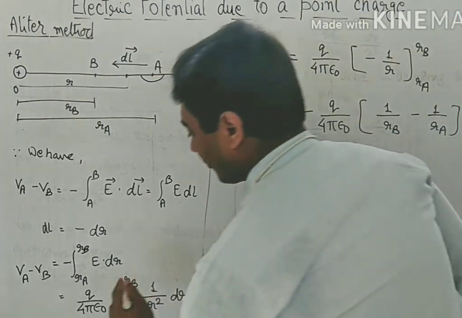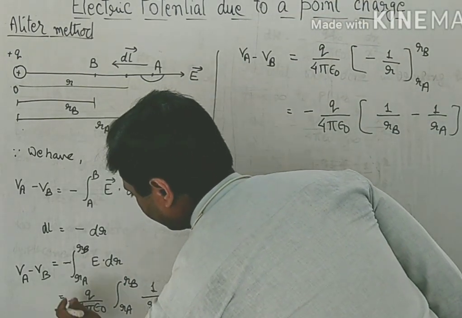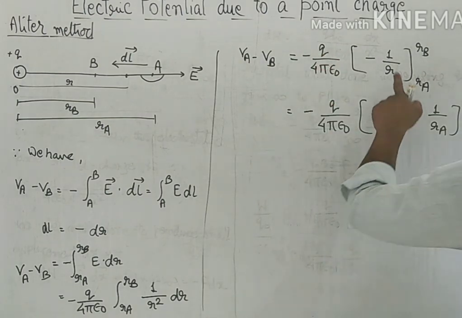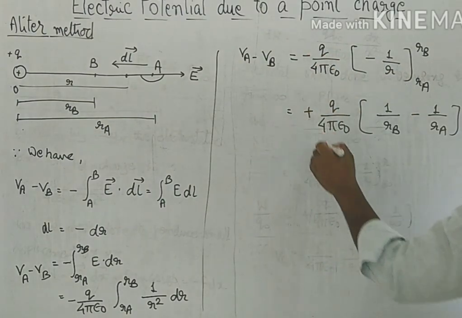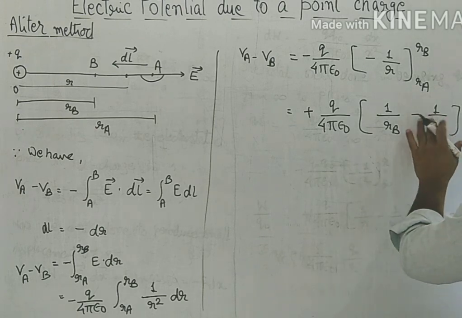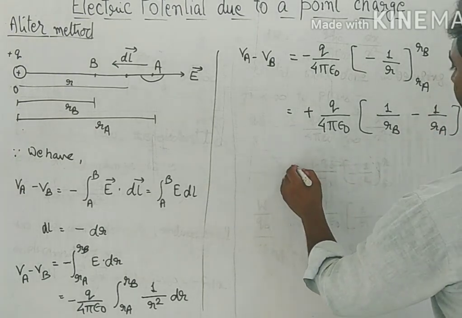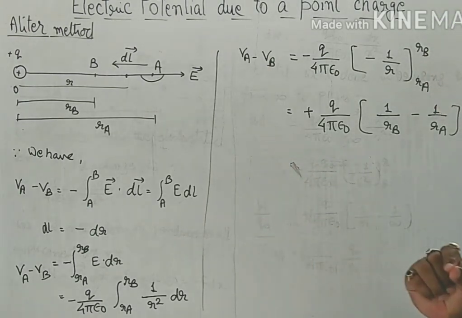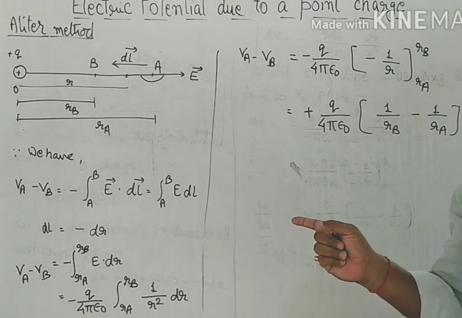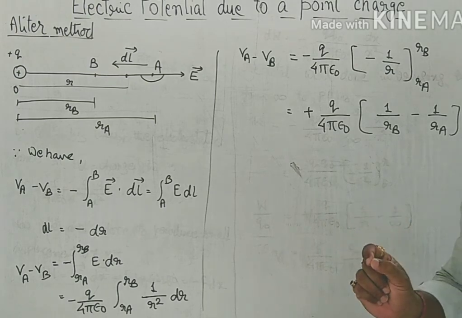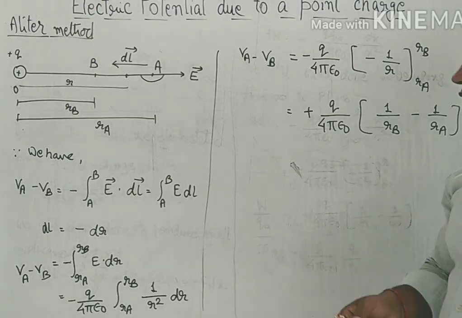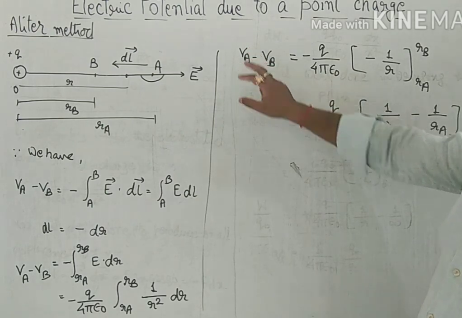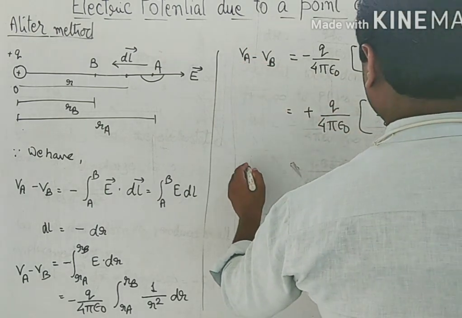Clear? Okay. Now just continuing with this negative sign, here we can have negative. Now when this negative comes out, it makes it positive and the rest remains as it is. Now here let me have this point A to be at infinity, where the potential is supposed to be 0. So just having this term VA to be 0, we can have